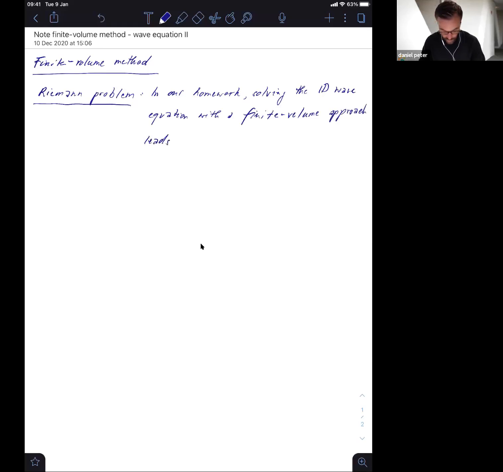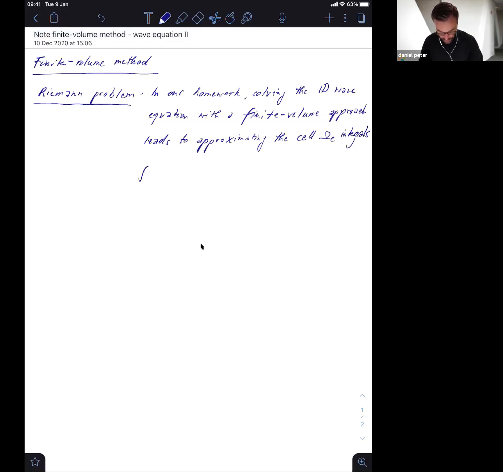This leads to this problem of approximating these cell integrals, and I call these the omega E cell integrals,